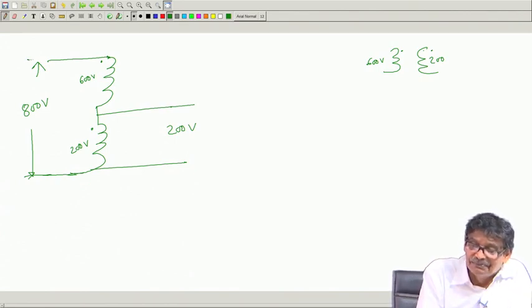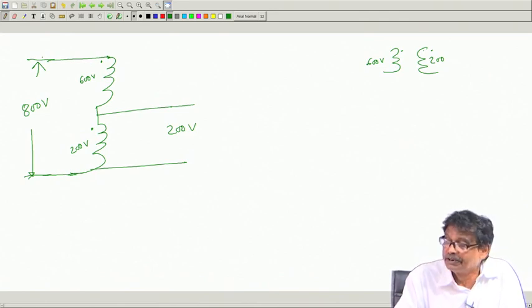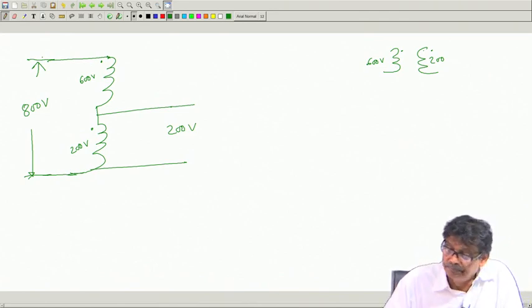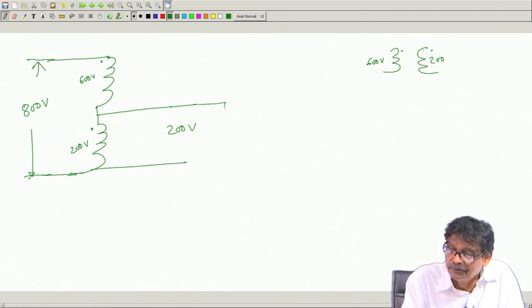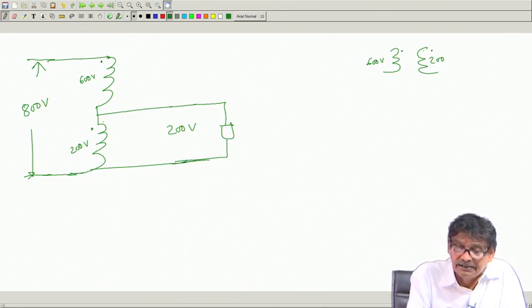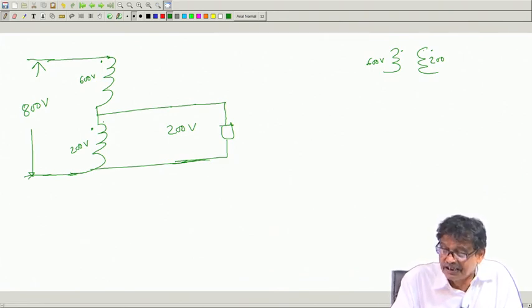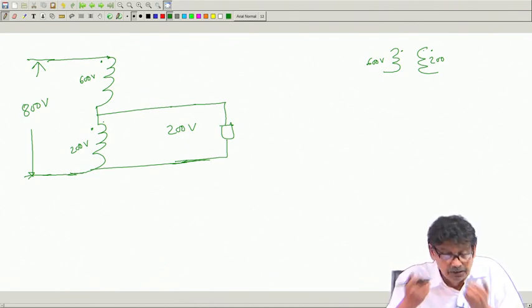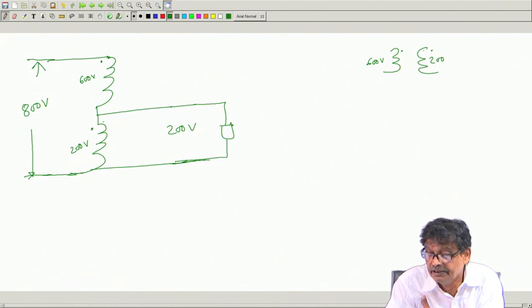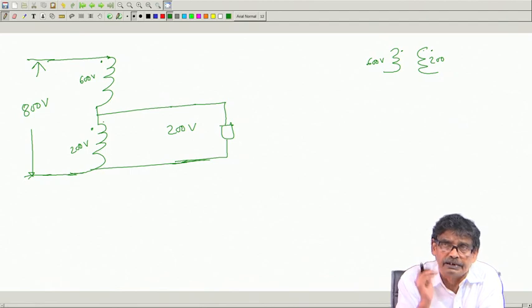Now, here once again I pose the same problem. It is a step down connection. So, the question is, what should be my load impedance so that the transformer winding currents will be rated? You cannot just connect any impedance without satisfying yourself that if I connect this value of impedance, then winding currents will be rated.